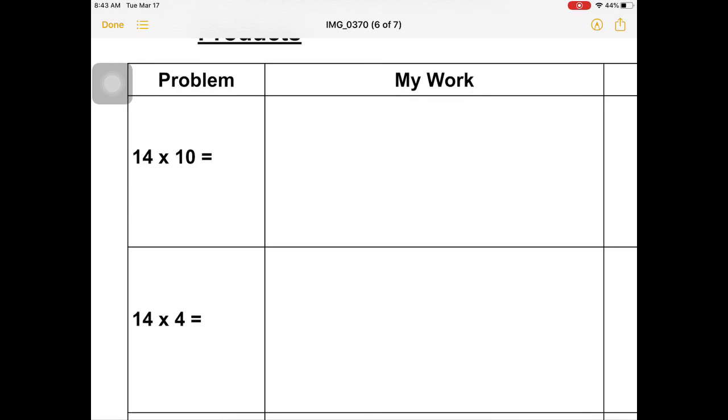Hello everyone, it's Mr. Stanley and I'm here today to continue on talking about and showing you how to do something called partial products. Sometimes we call that array splitting, where we're splitting up a much larger array into some smaller arrays or some smaller equations that we can use to solve a big problem, kind of like the